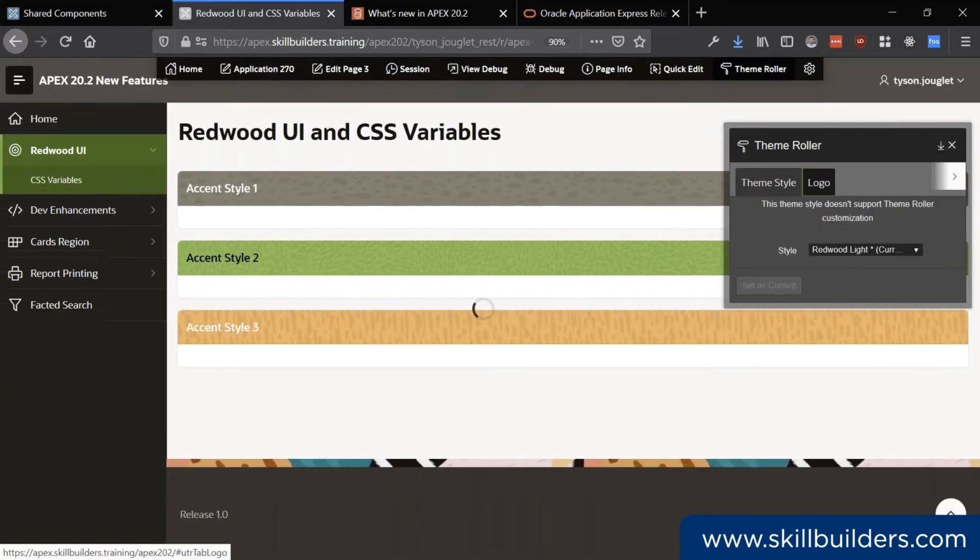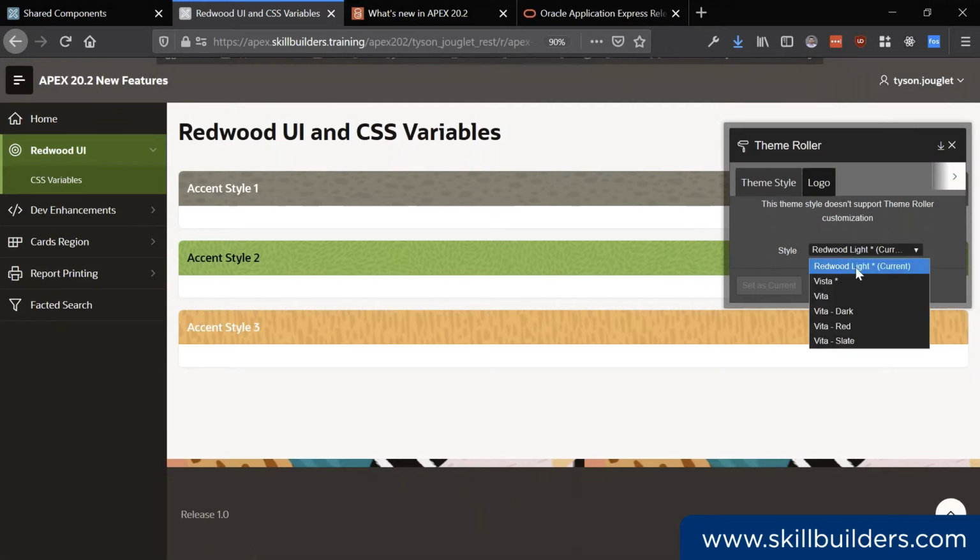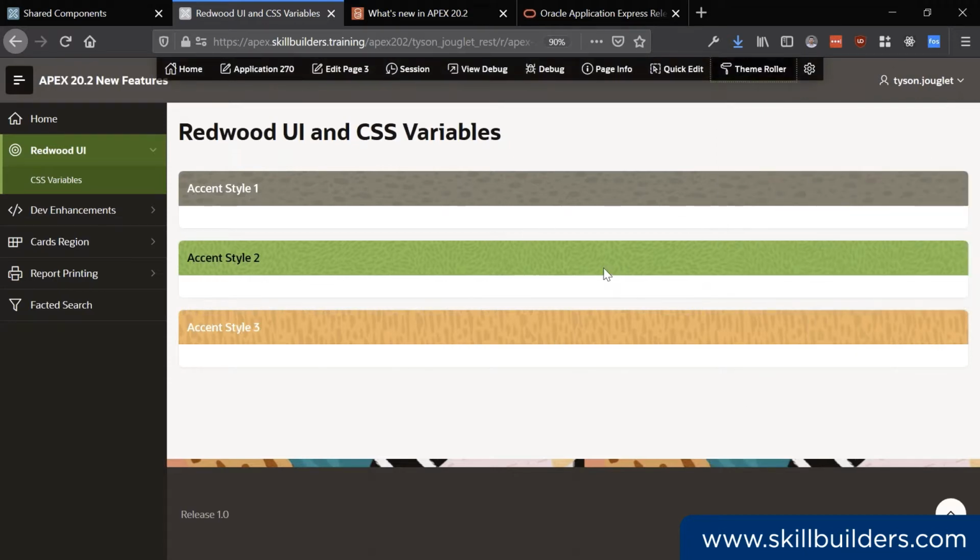We're going to pop open our theme roller, and we would just go ahead and pick the Redwood light theme, and then we'd get this look and feel here. I just wanted to have a couple different regions here with a few different accents just to give you an idea of what the different region accents look like. And I really like them. I like what's going on here. It's more dynamic. It's not quite as flat as what we've seen with the Vita styles